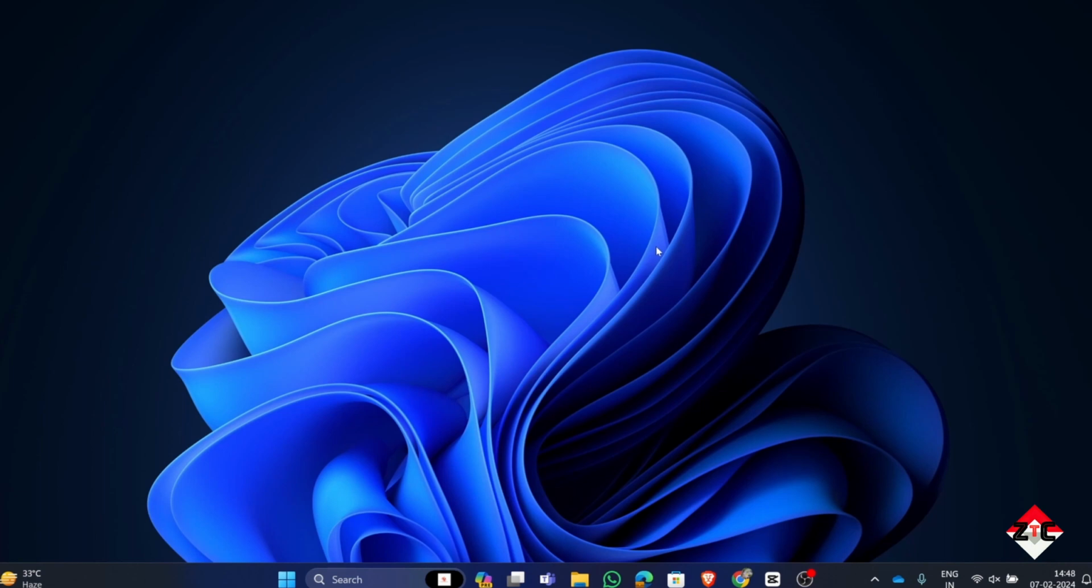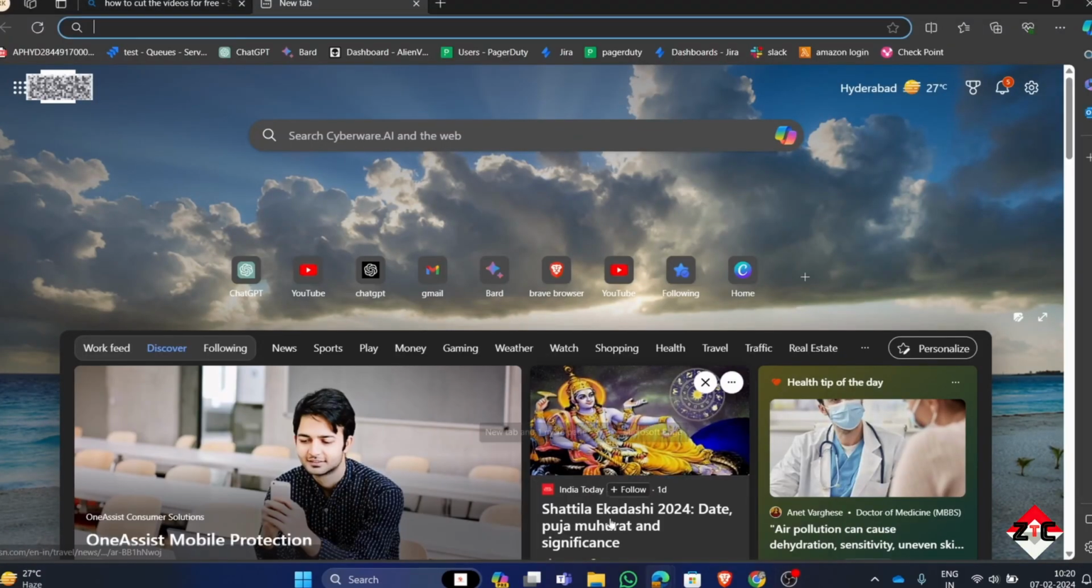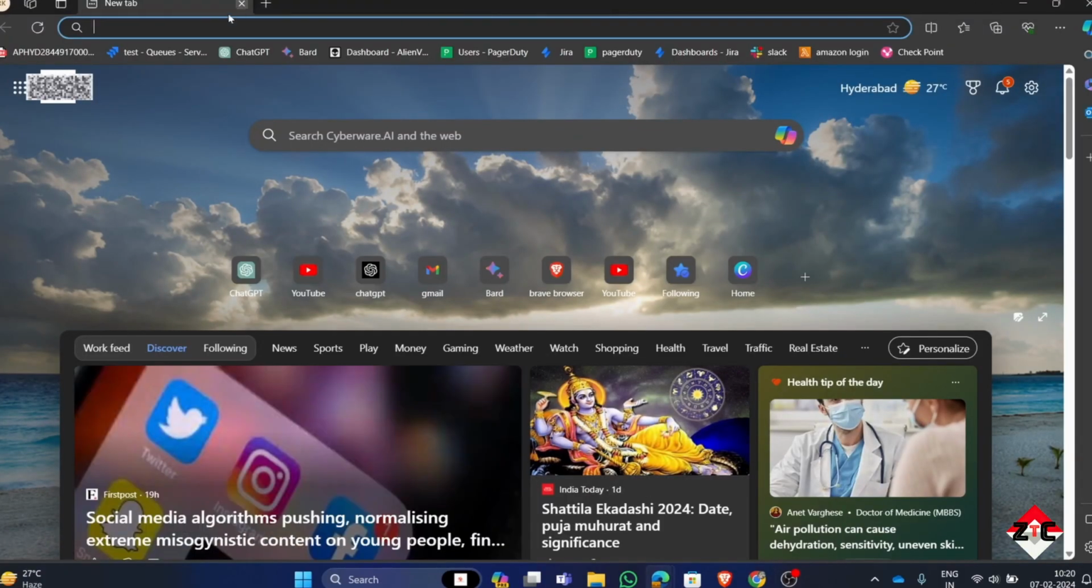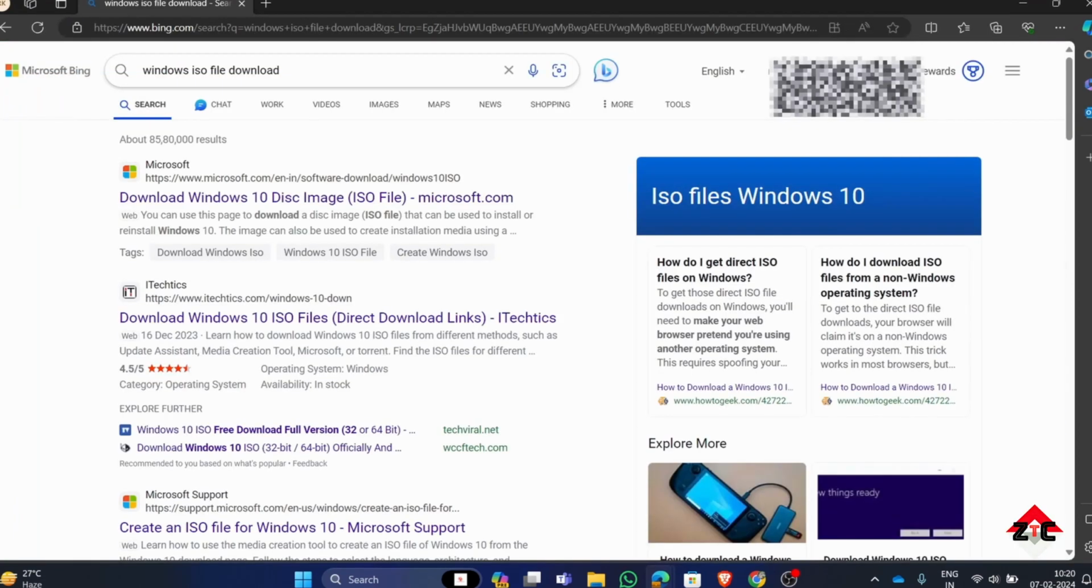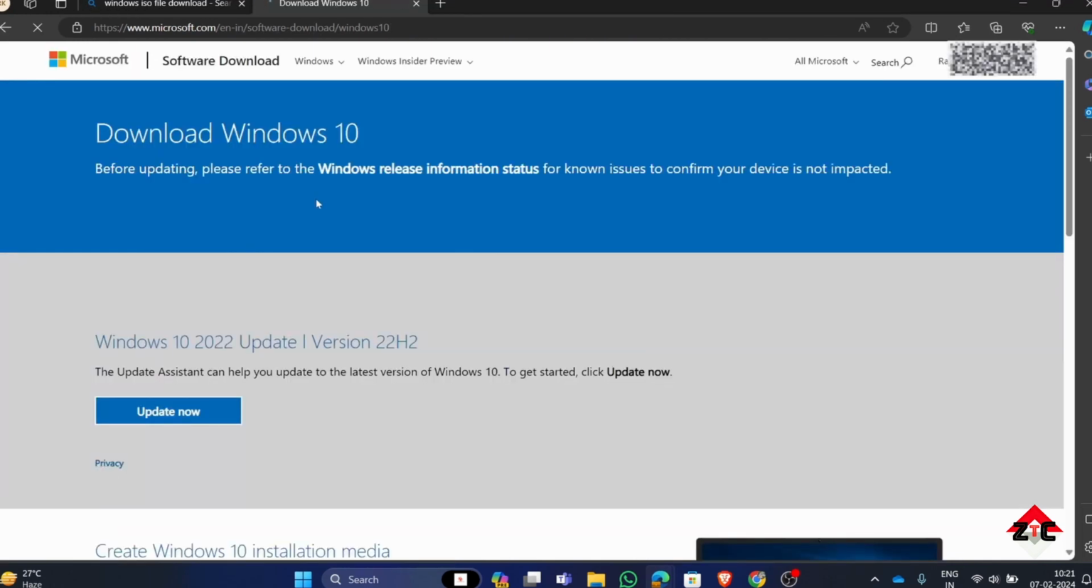We are back with another video installing Windows in VirtualBox. Now dive into the browser and in the search bar type Windows ISO file download and click on the first link that is shown, and in the Windows options click on Windows 10, right click